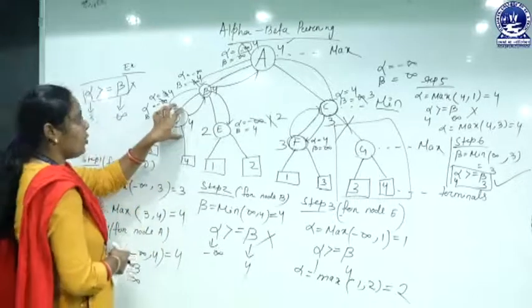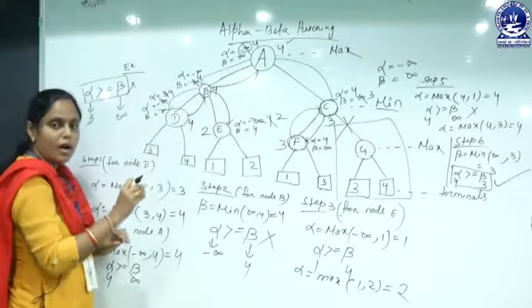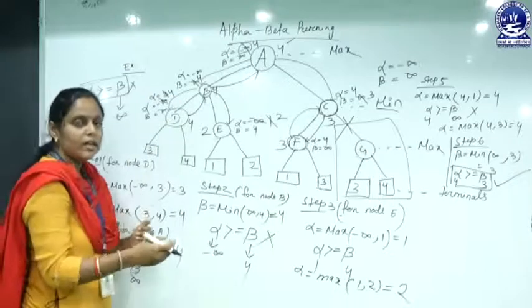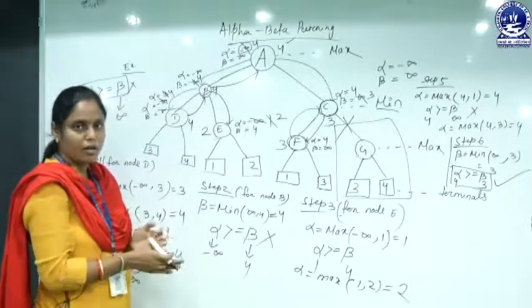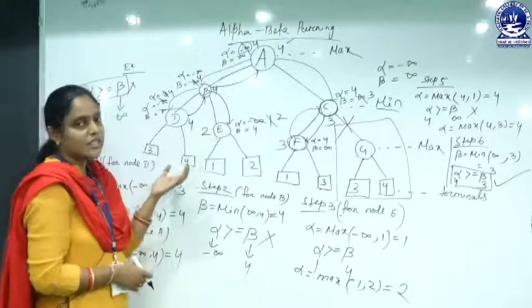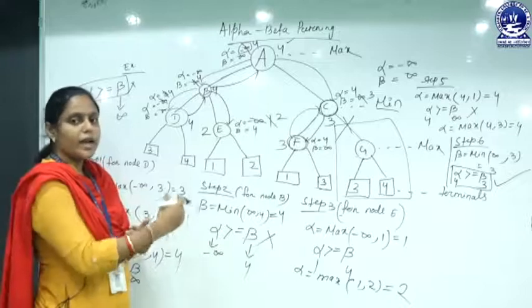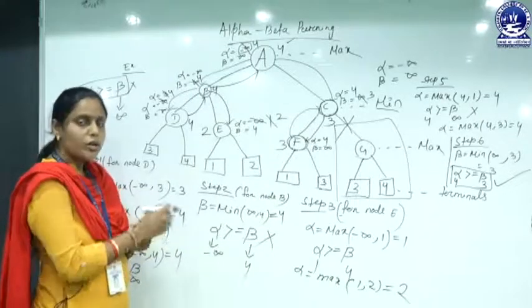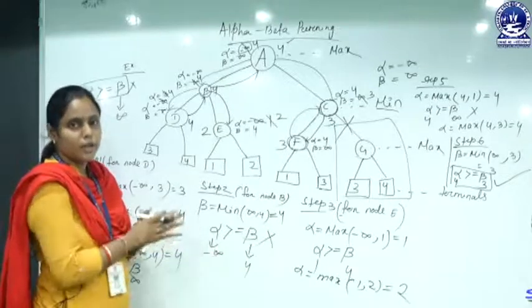At each node, when you find out the node value or when you update the alpha value, after that you check the condition, that is alpha greater than equal to beta or not. After checking this condition, if this condition satisfied, then we can directly eliminate the right subtree of our node. Otherwise, we check the right subtree for updating the corresponding value.